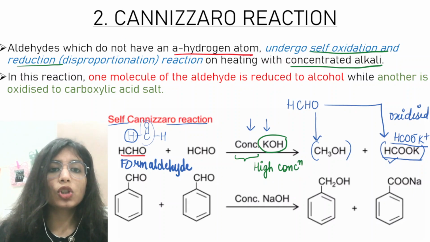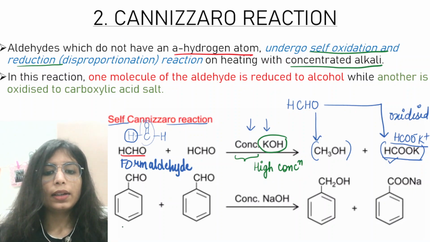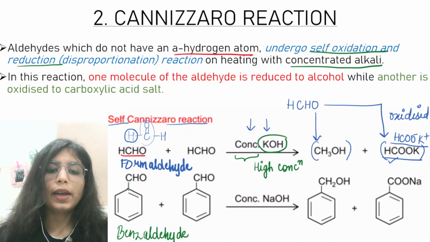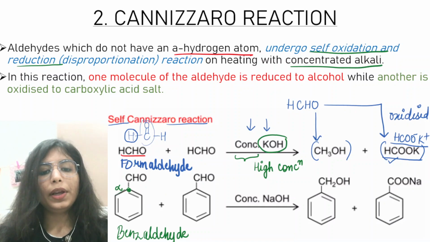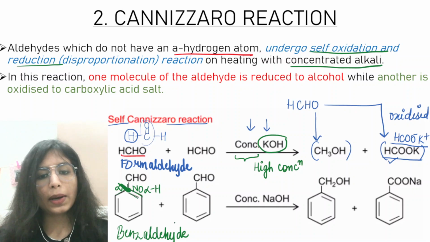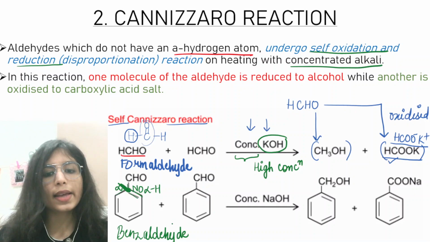Alright, so let us talk about another example over here, that is of benzaldehyde. I hope you all are aware of the structure of benzaldehyde. When a CHO group is attached to a benzene ring, then it is called the benzaldehyde group. Now if I talk about here, this is the alpha carbon which is present, right? But it is already bonded to 4 atoms. So basically here it has already made up 4 bonds, which means that no alpha hydrogen is present at this place. So at this place no alpha hydrogen is present, therefore it can undergo Cannizzaro reaction.